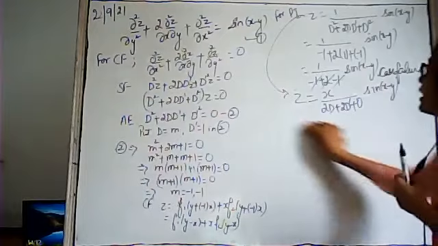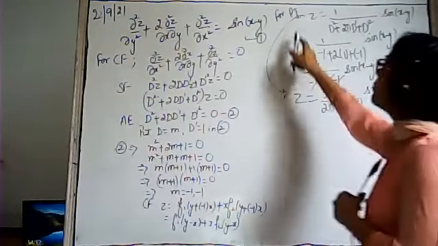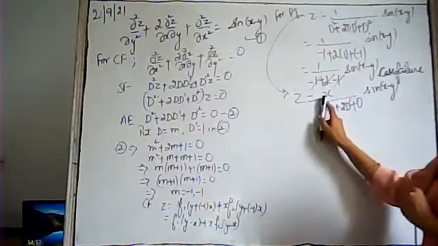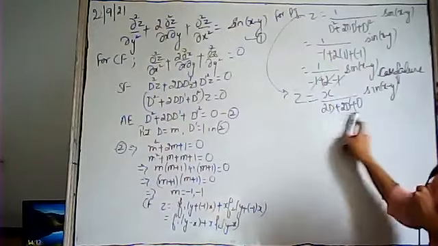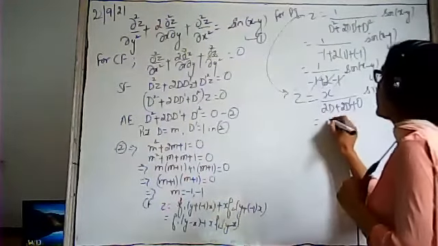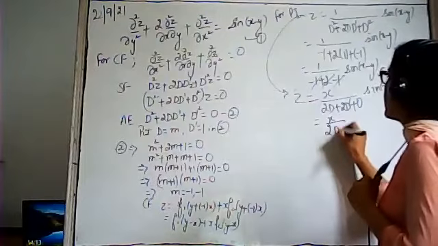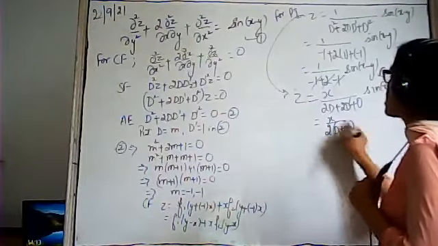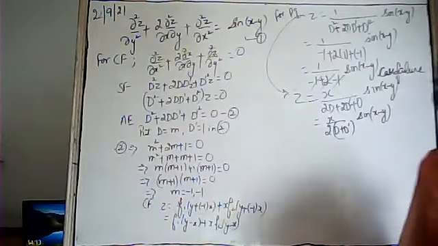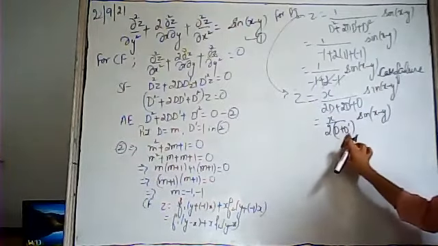Whenever in any case we get case failure, in that case where we find the particular integral, just in this step multiply the numerator with x and differentiate the denominator with respect to d. So we get x upon 2 common, it will be d plus d dash into sine of x minus y. Right? Now here we have d plus d dash.